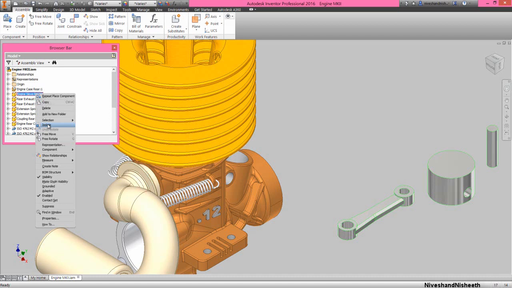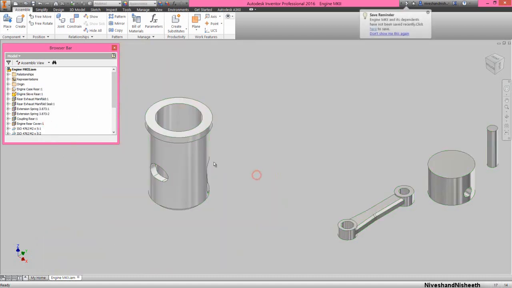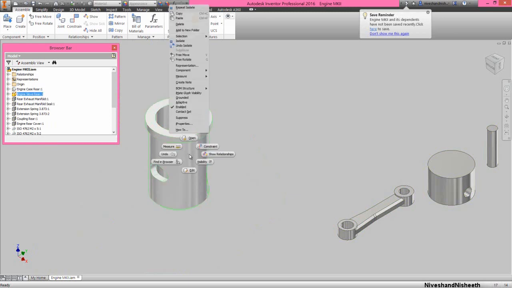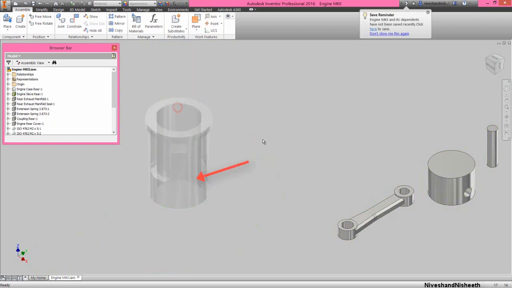Choose isolate option in the graphics window. Now select the engine sleeve rear part and uncheck the enabled button from here. Now see the result. My part is viewing in transparent view by selecting this option.